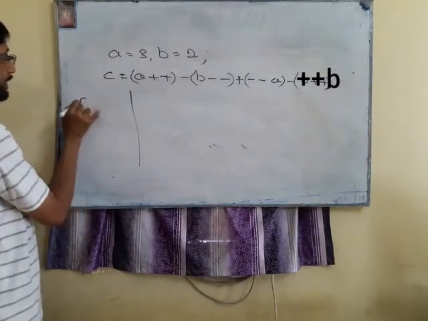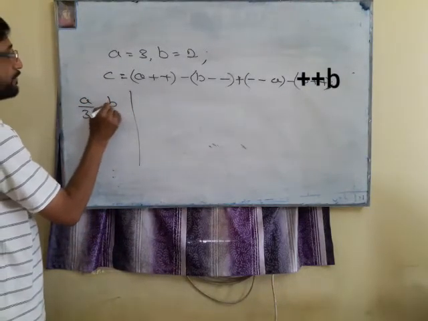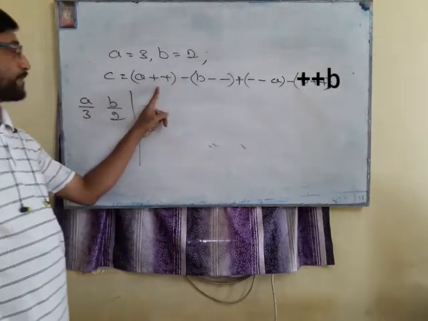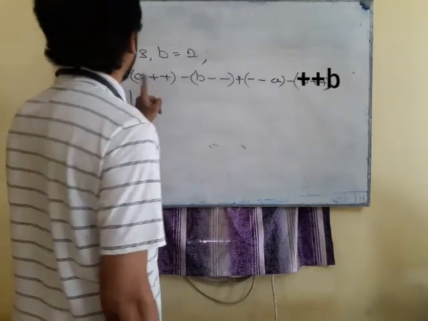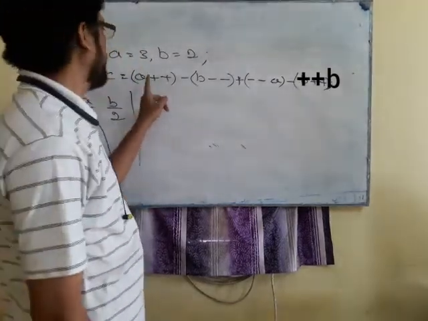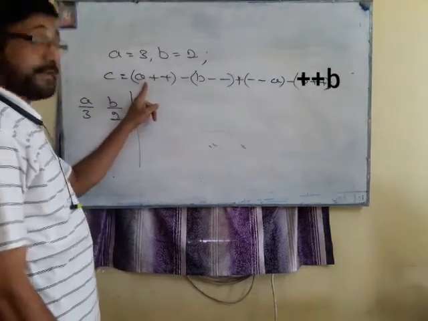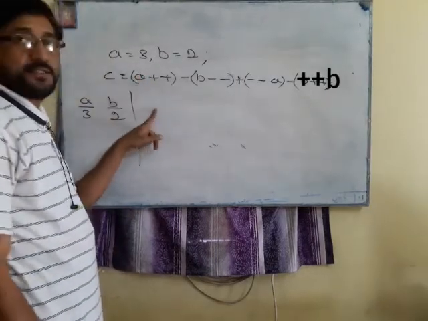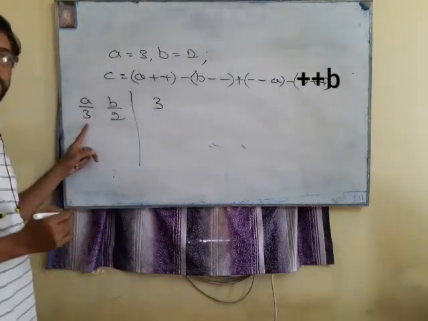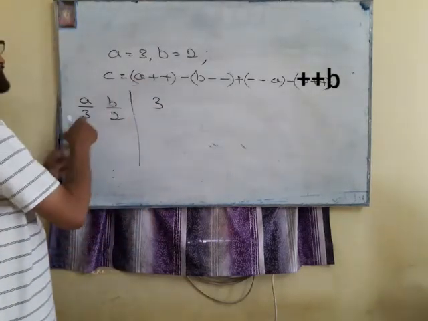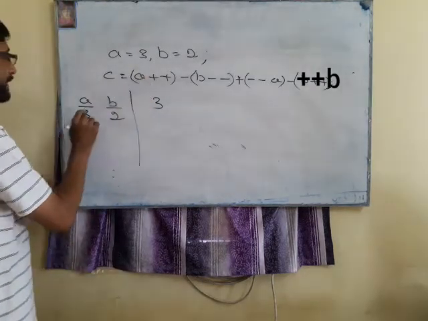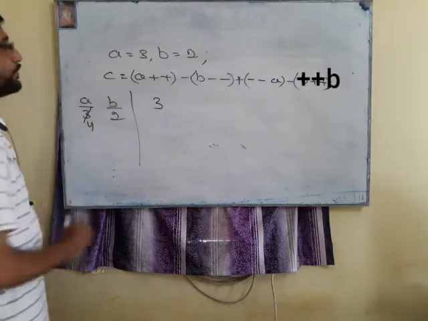Now the value of A is equal to 3 and the value of B is equal to 2. Now A++ is the post-increment. As I told, in the post-increment, at first we'll put the value of A in the equation. The value of A is 3, so we put 3. First we will put 3, then we will change the value of the variable A, that is, we will increase the value of the variable A by 1. So this is equal to 4.